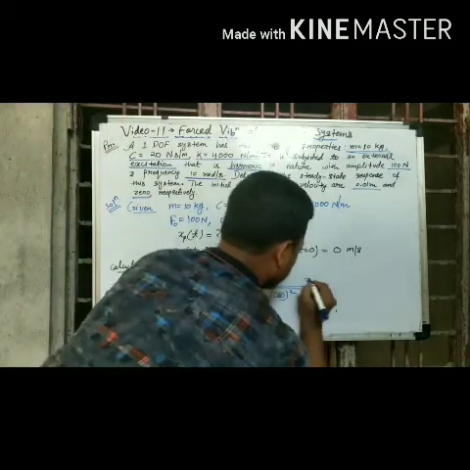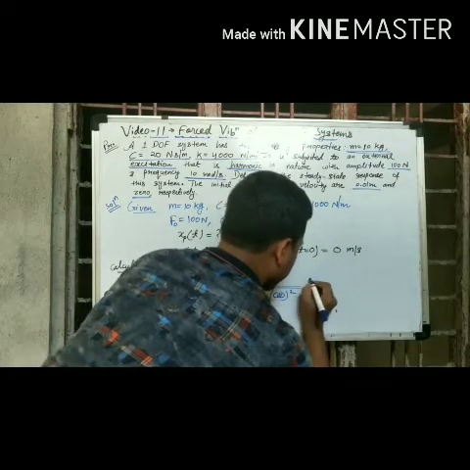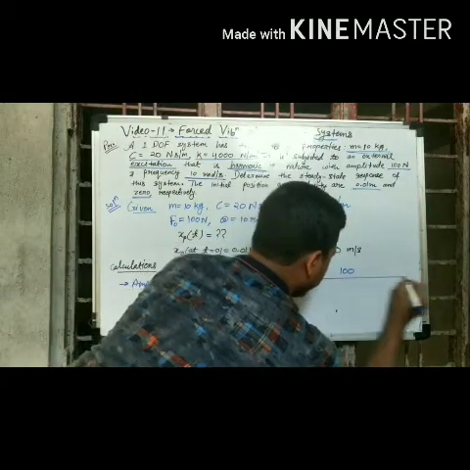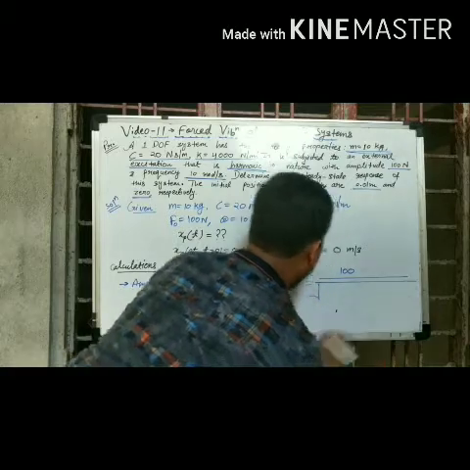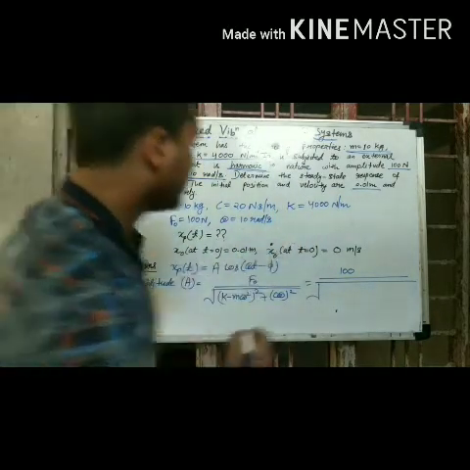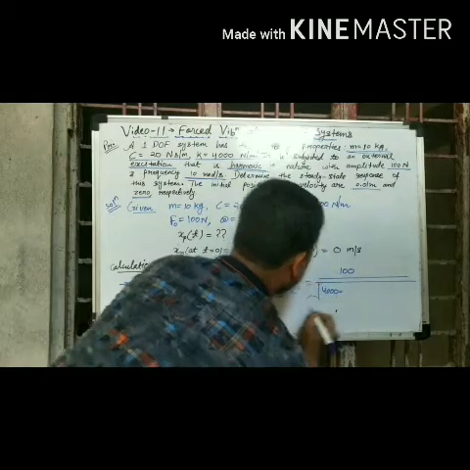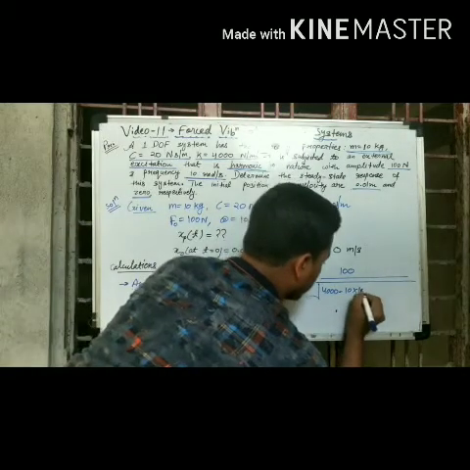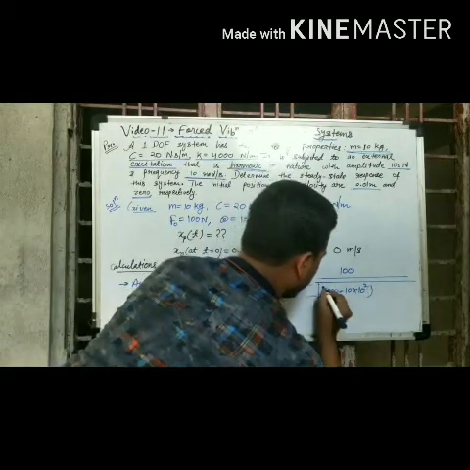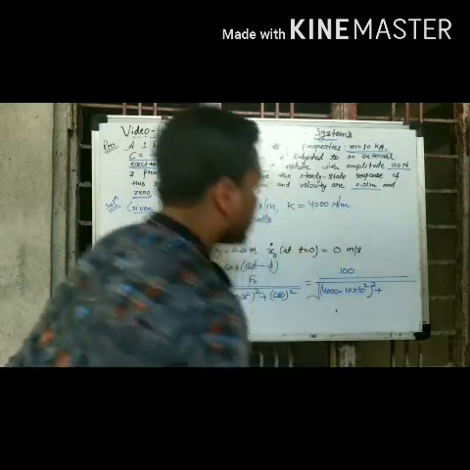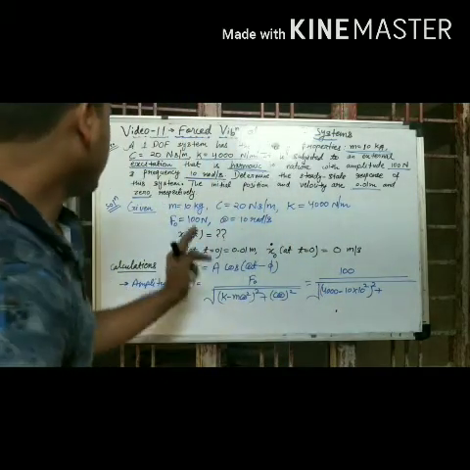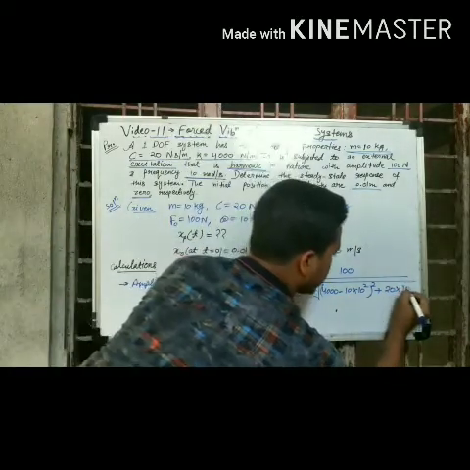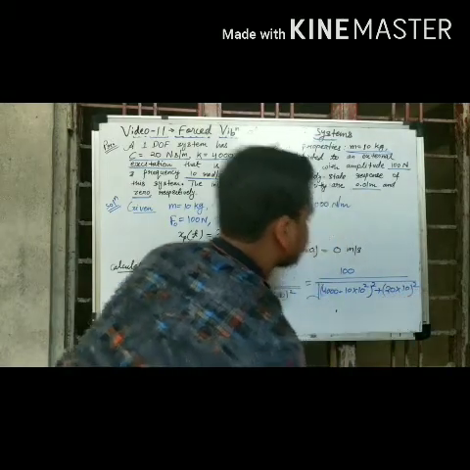Now I am putting the values. So this will become equal to the value of F naught, 100 Newton, divided by square root of K minus M omega square. K is 4000 minus M is 10, omega is 10, so square of 10, whole square, plus C. The value of C is 20 Newton seconds per meter into omega, once again, is 10 radians per second, whole square. Right?